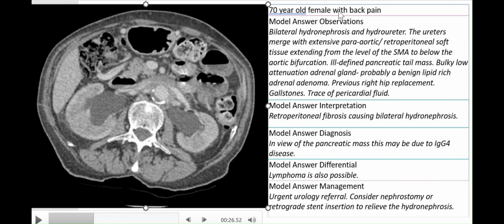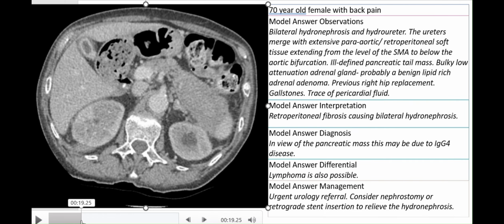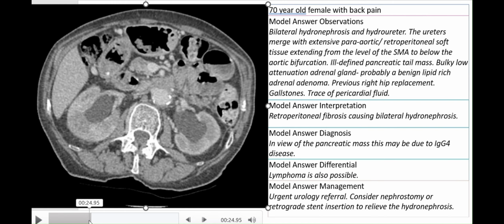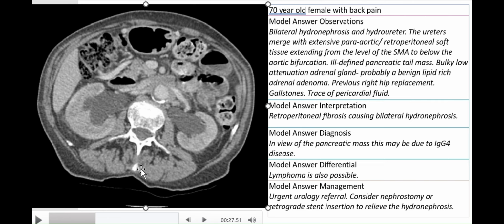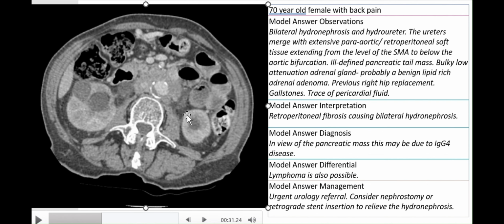70-year-old female with back pain, CT scan of the abdomen and the pelvis showing bilateral dilatation of the pelvic-calyceal system, with dilatation of the proximal 1/3 of the ureters. So if you go down, the proximal 1/3 of the ureters are still dilated